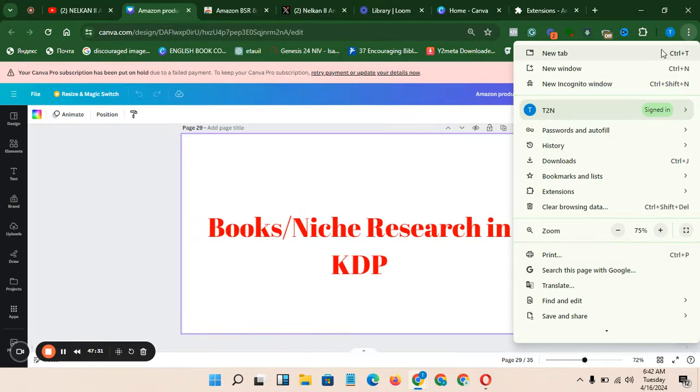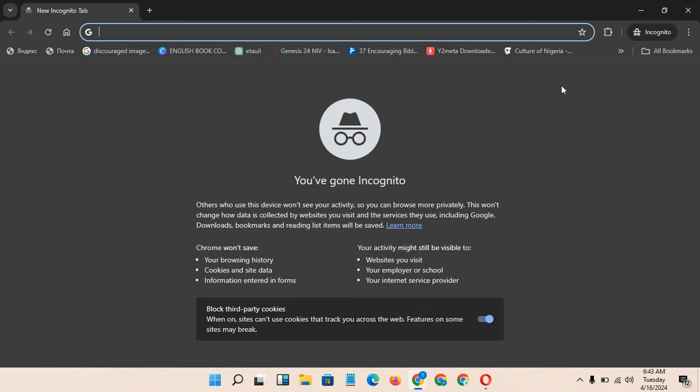So to do that, on your browser, come to that same three dots we clicked on when we were doing the extension. Look for the third option for people using a laptop. If you are using a phone, I guess it should be the second or first option. Then click on new incognito window. Once you click on new incognito window,